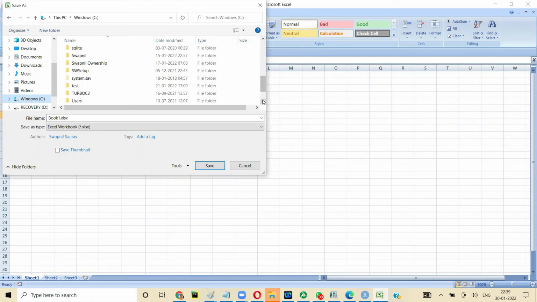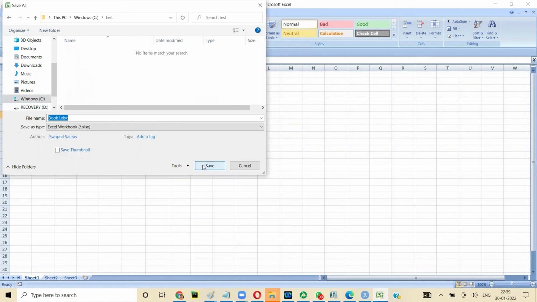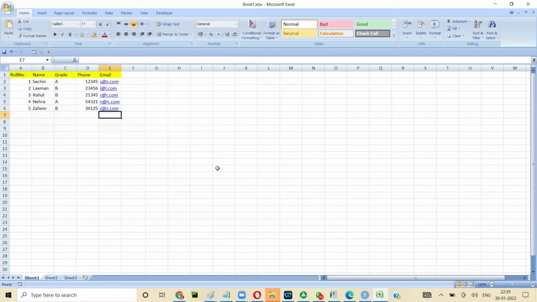So let's say I put it in test, and I call it book 1. So book1.xlsx, and it is in C test. Okay, great. Now, first of all, to work with our file, or any file, we need to have